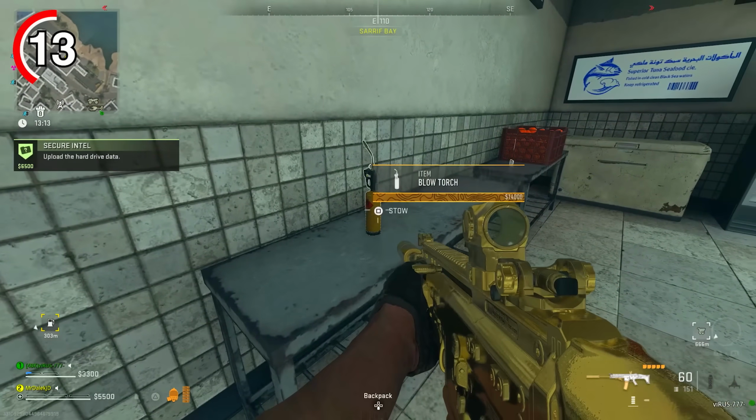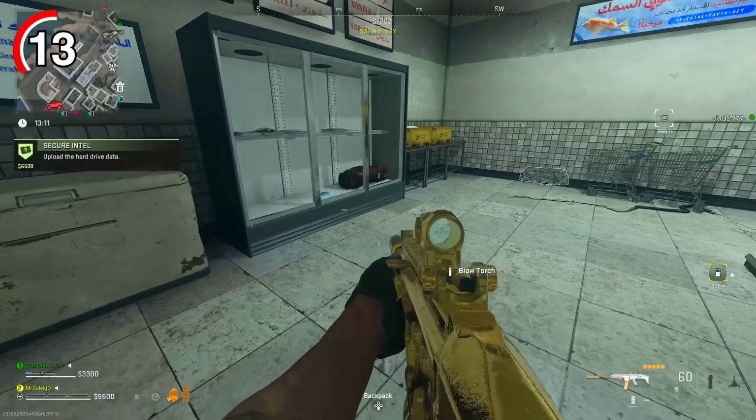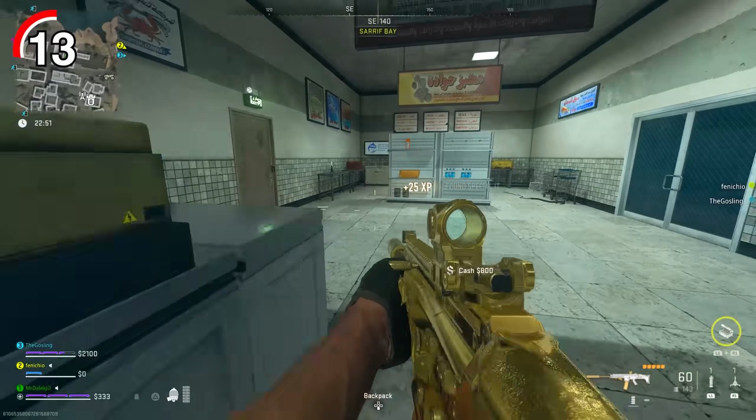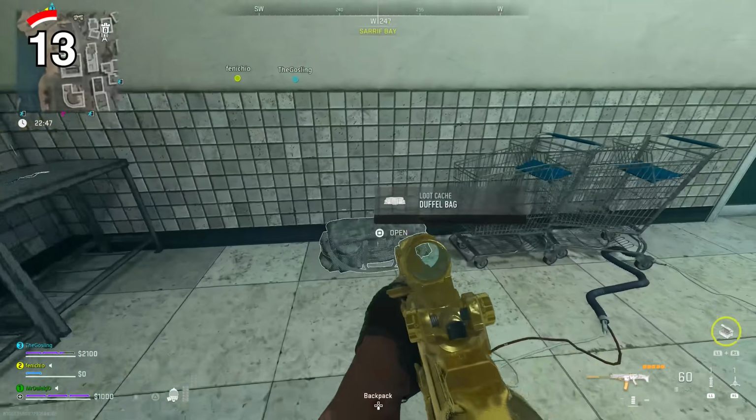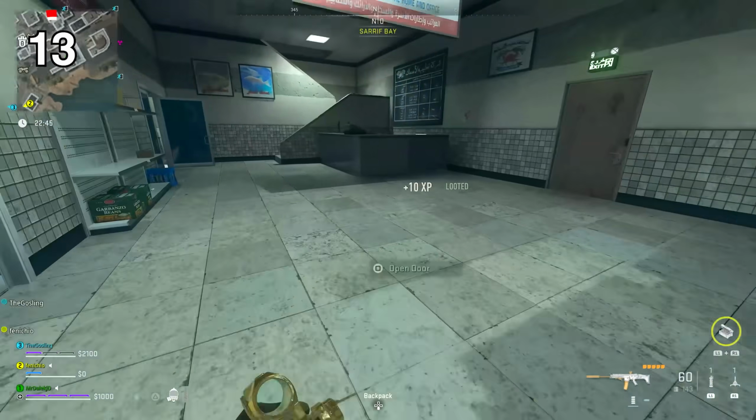There's a chance that you can find up to 3 of them inside of here, but there can be other games where there just won't be any blowtorches in there at all. It's just luck of the draw. But if you spawn near here, I definitely think it's worth checking there at least,